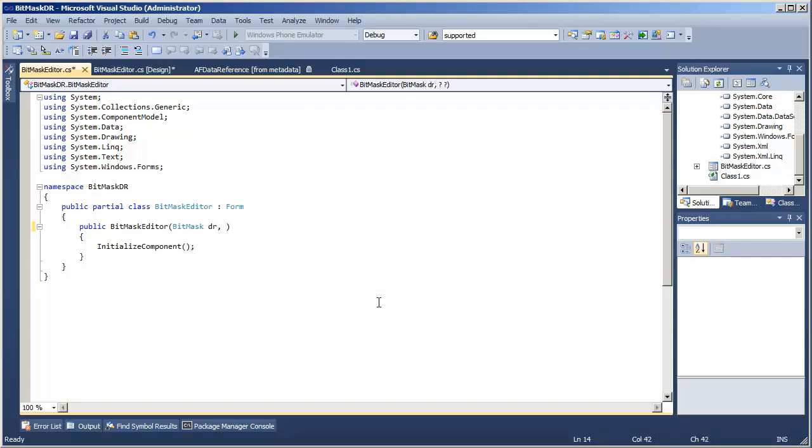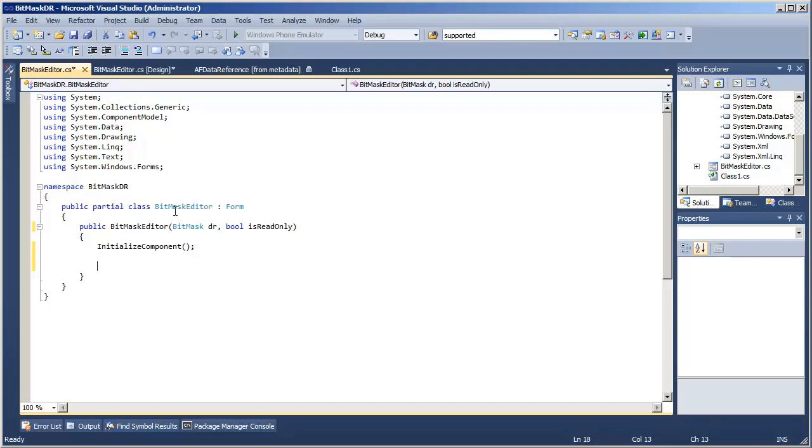In other words, the data reference instance that we're about to edit, and then whether or not it's read-only. Okay, so our data reference editor gets instantiated here. We will assume at the appropriate time, it gets instantiated when someone wants to edit the data reference. And we have access directly to the instance of our data reference.